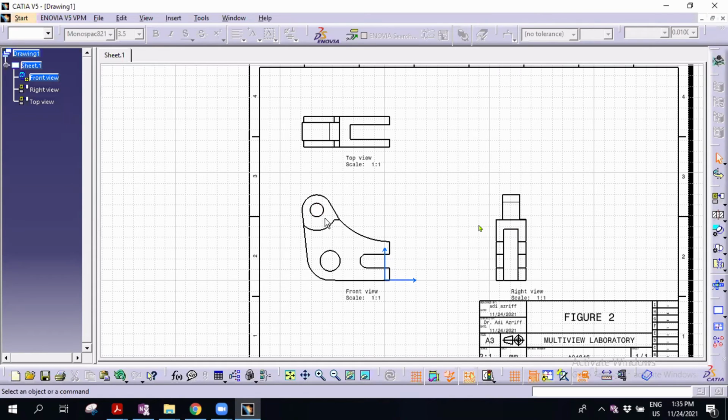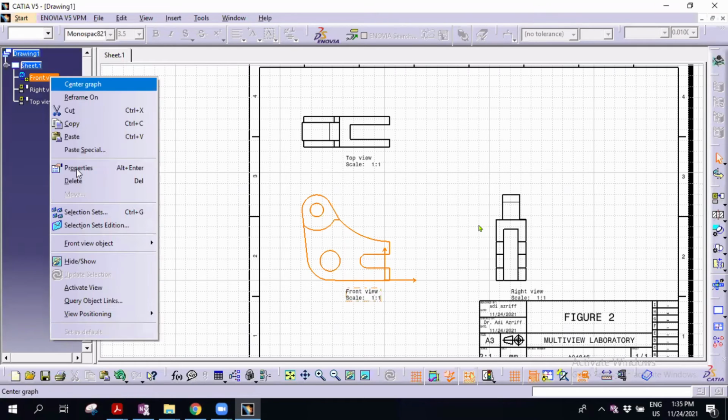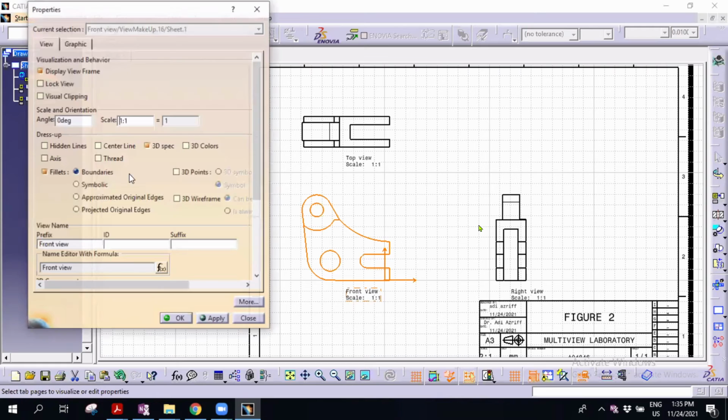Okay, don't worry. Center line. Correct, center line. So another one is the center line. Okay, don't be afraid, just try. So we are missing the center line and also the hidden line. In order to add that, you need to right click here in the properties. You can turn on the hidden line, you can turn on the center line, and another line is the axis line.